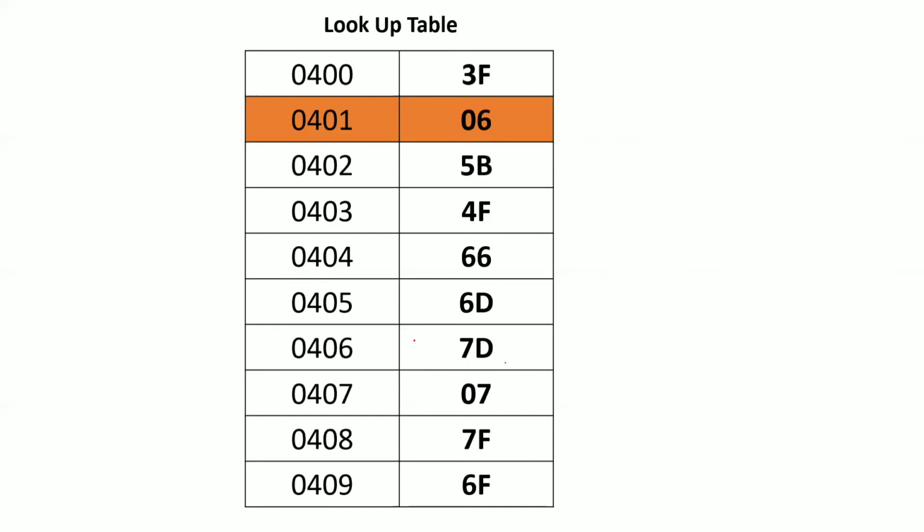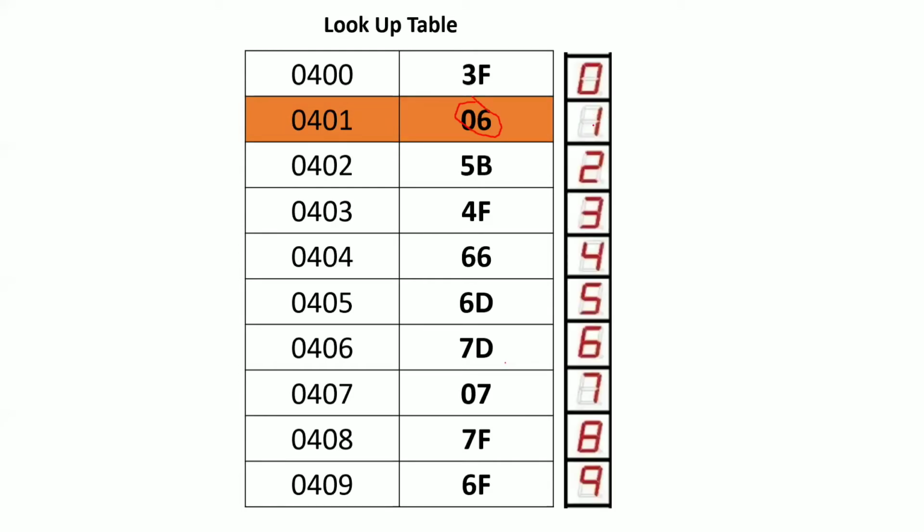Now I want to display 1 in the 7-segment display. What is the value of the 1? 06. I'm sure you know this. So 06 is your value of the 1. You want to display 1, you need to get the 06. Now if I want to display 3, what is the value I need to get? 4f. If I want to display 6, I want to get 7d. But this is nothing but your data, all of 3f, 06, 5b, etc. If I want to access the data from a memory, you require an address. Whenever you want to access data, you require an address.